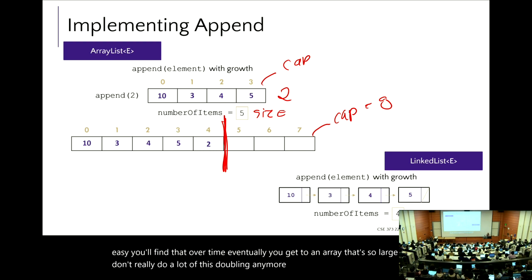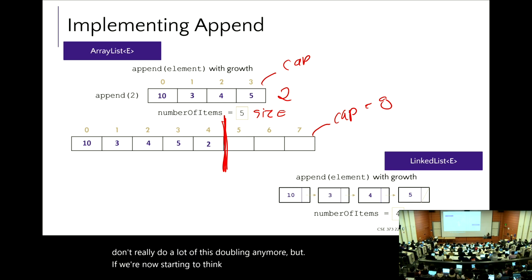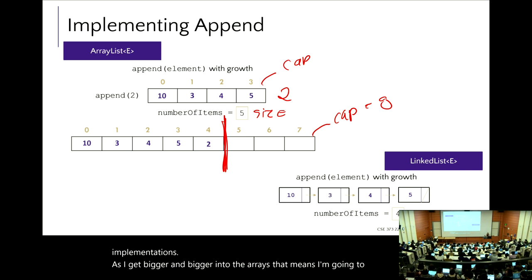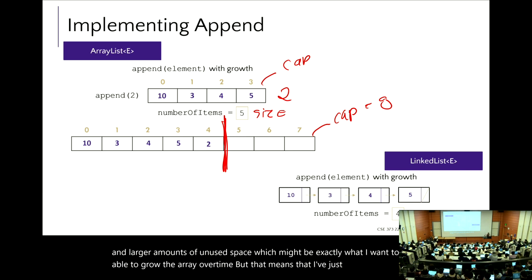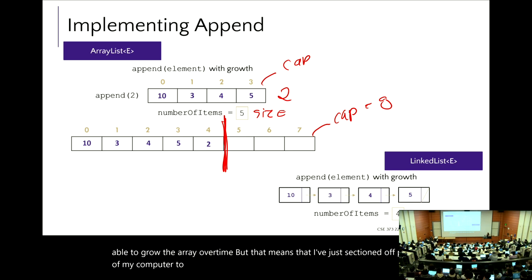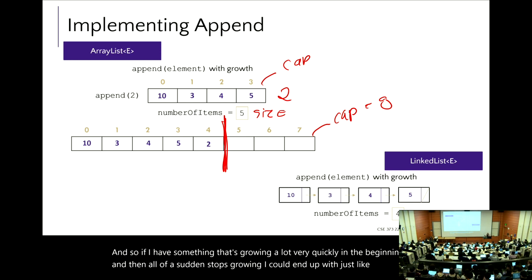But if we're now starting to think about the trade-offs between these two different implementations, as I get bigger and bigger into the arrays, that means I'm going to have larger and larger amounts of unused space, which might be exactly what I want. I want to be able to grow the array over time, but that means that I've just sectioned off parts of my computer to preserve them for values that may or may not come. And so if I have something that's growing a lot very quickly in the beginning and then all of a sudden stops growing, I could end up with a bunch of unused space hanging around in my array